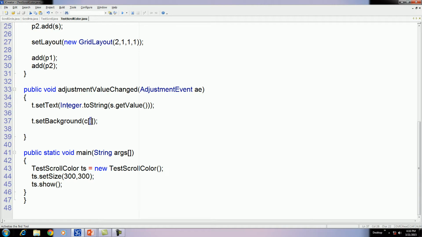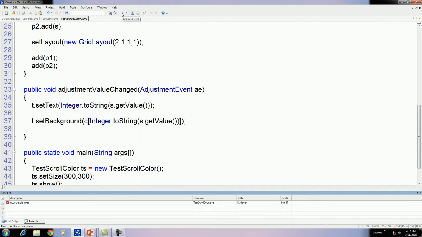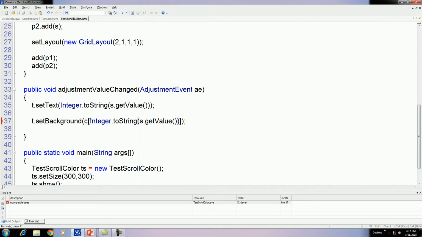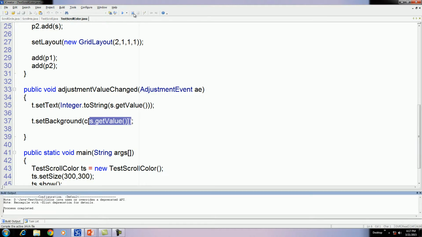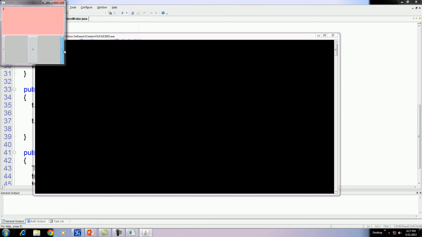Therefore, here write, let us see first. We can directly assign the value here. It will accept an integer. Yeah, it works fine.